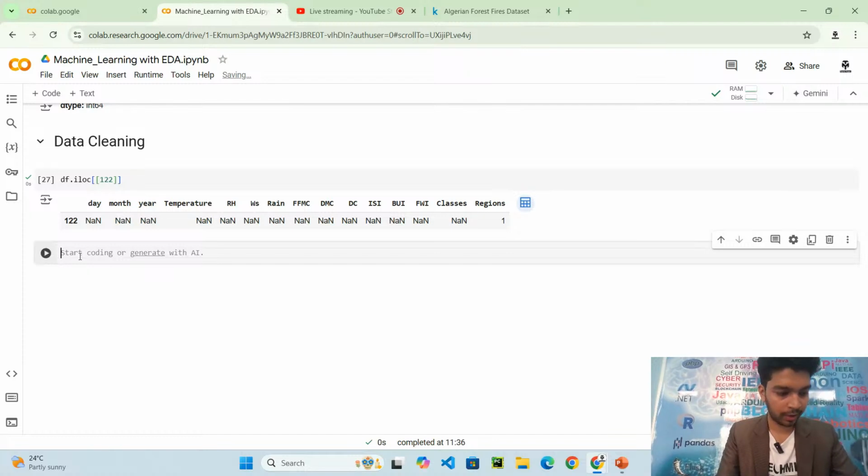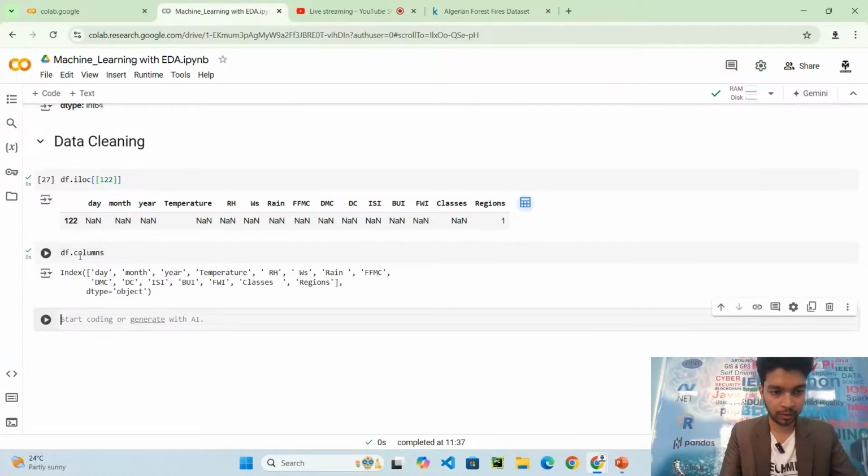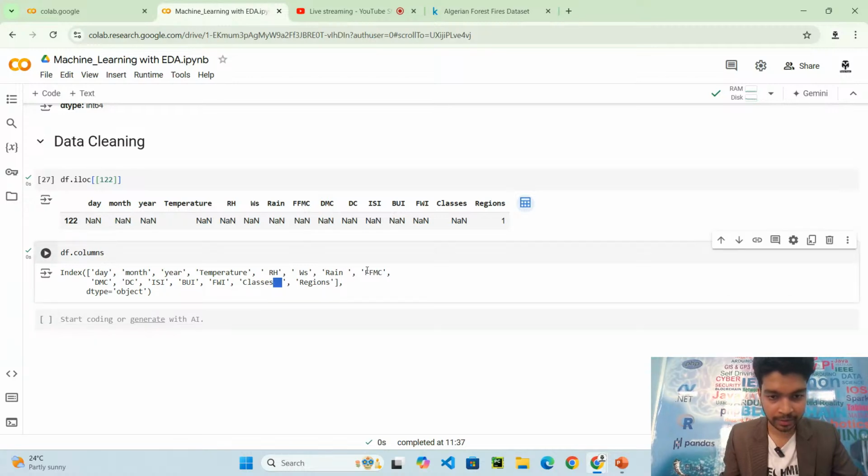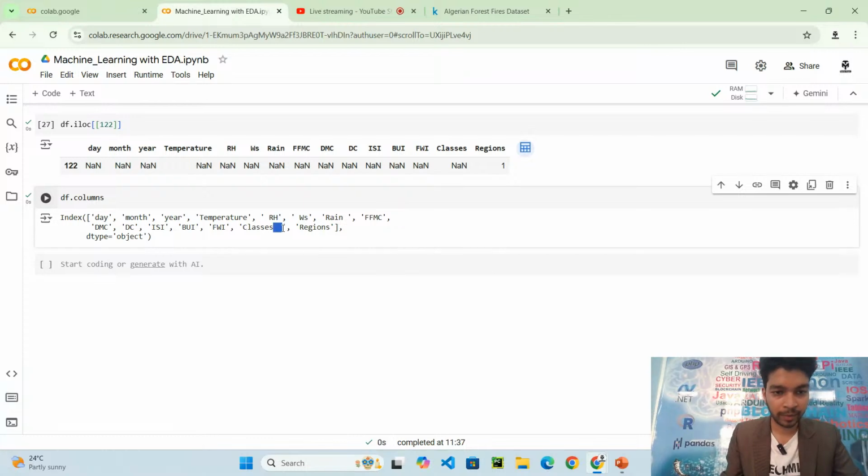So what I will do is df.columns will give me the columns. You can see that there are some spaces present in the classes and all. What I have to do is remove these spaces.